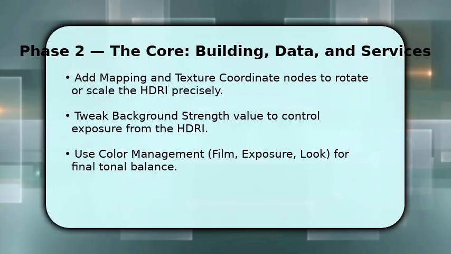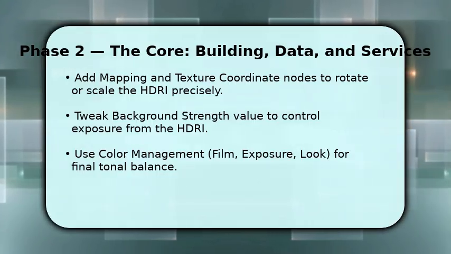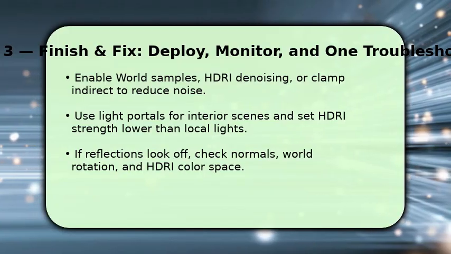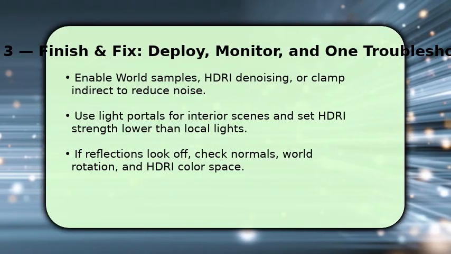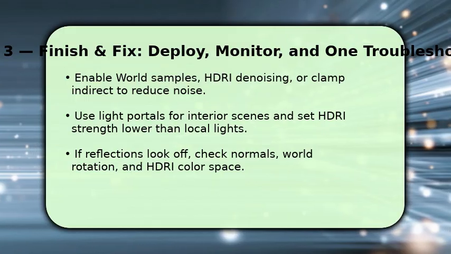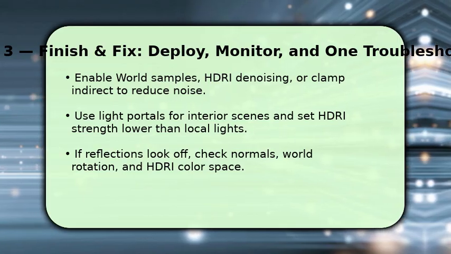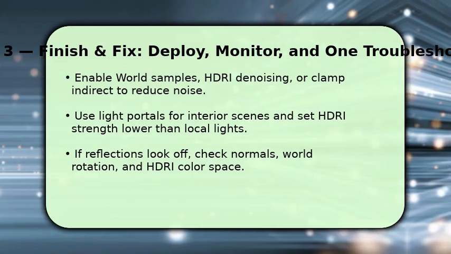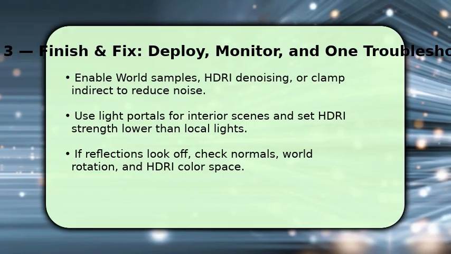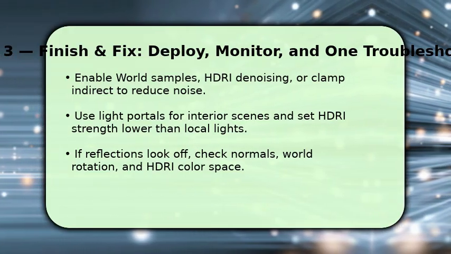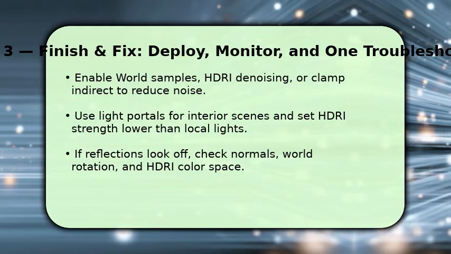To finish, render with adequate world samples and consider HDRI denoising to remove grain from glossy reflections. For interiors, add light portals on openings and reduce HDRI strength so local lights read stronger. That balances exposure. If reflections, color shifts, or lighting feel wrong, check world rotation in the mapping node, verify object